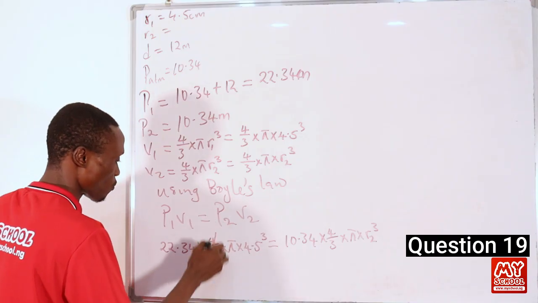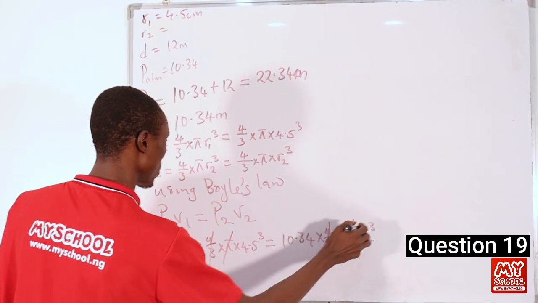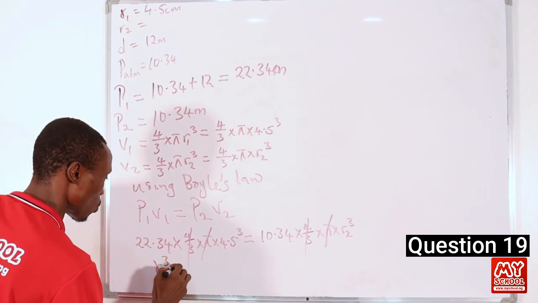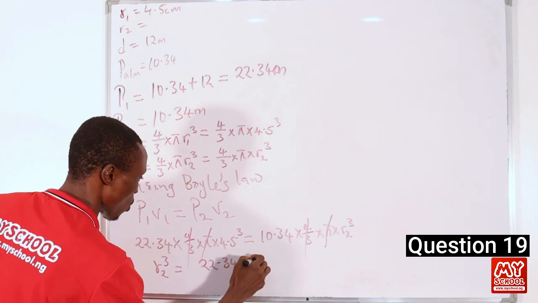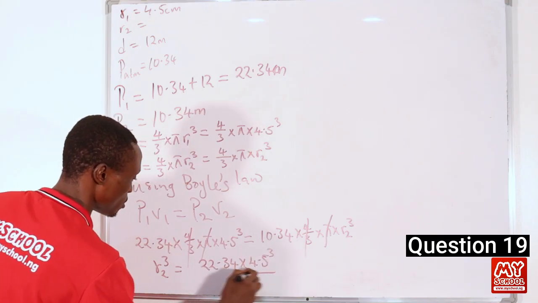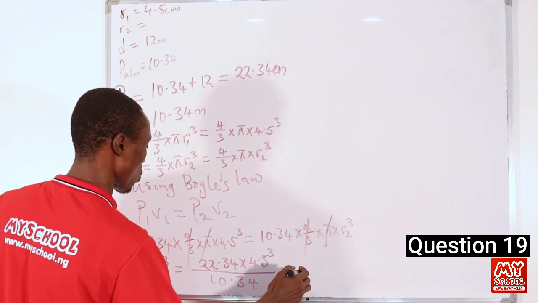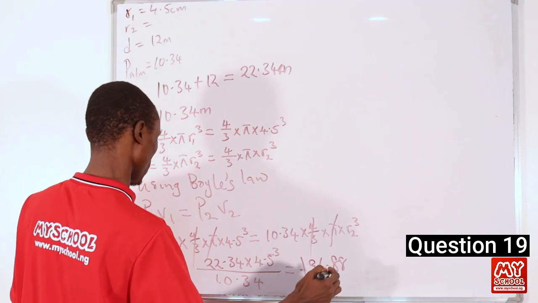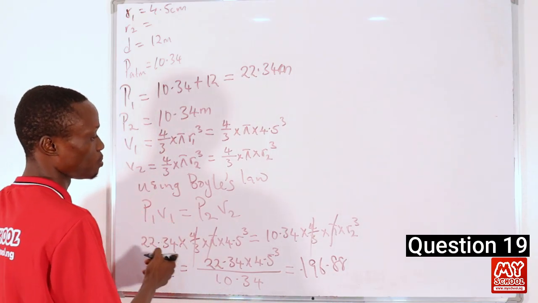So we cancel out 4/3, and we cancel out pi. Since we are looking for r2, r2 cubed will now be equal to 22.34 times 4.5 raised to power 3 divided by 10.34, and this will be equal to 196.88. Okay, now since we are looking for the value of r, not r cubed, then we take the cube